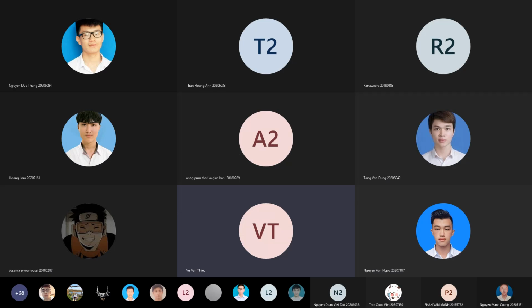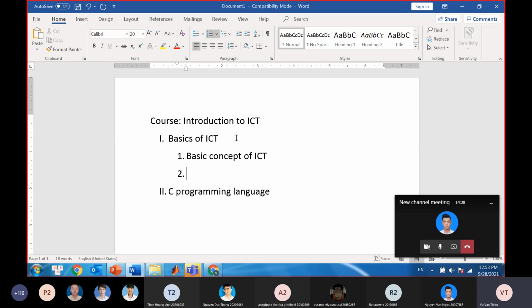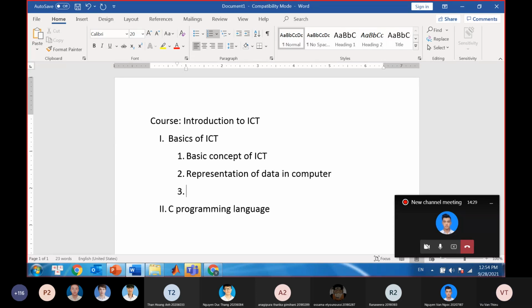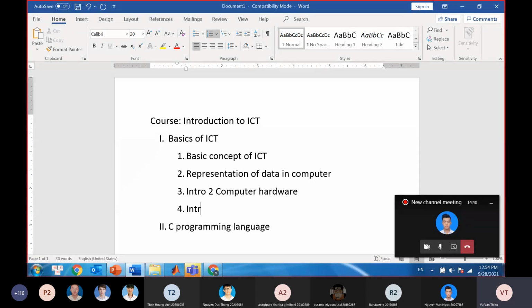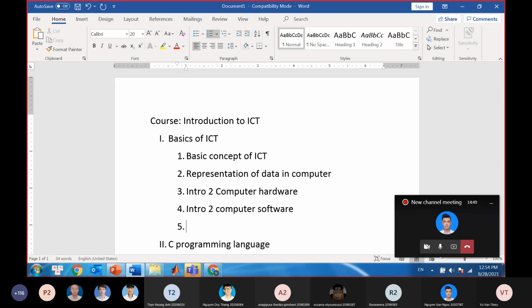The second intro, how to present. The intro to computer hardware. So intro to software. Intro to